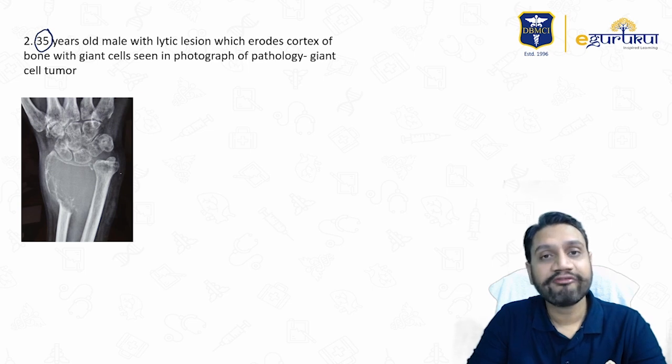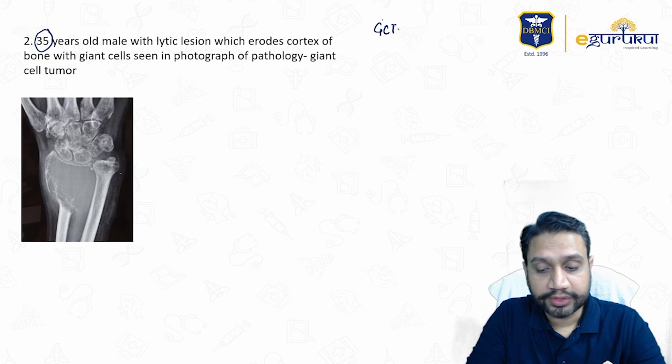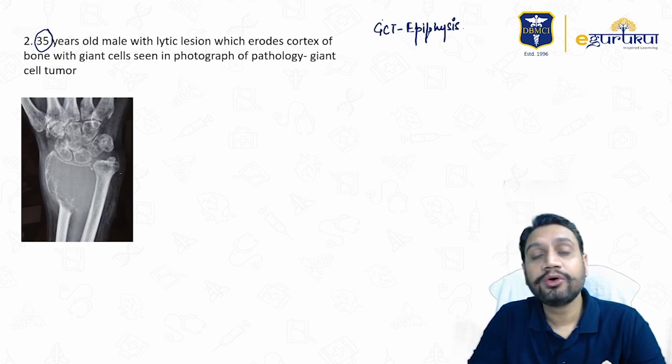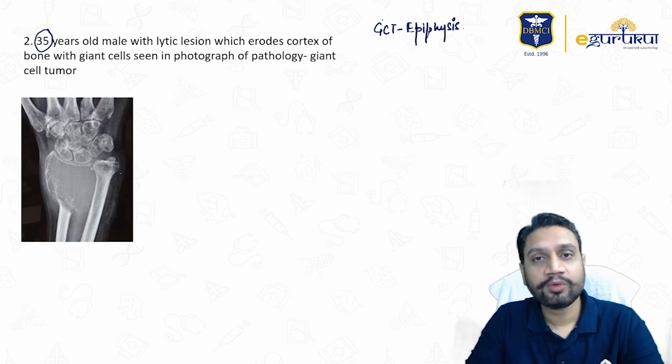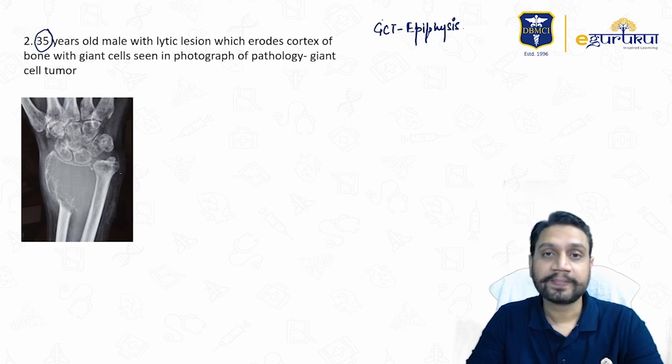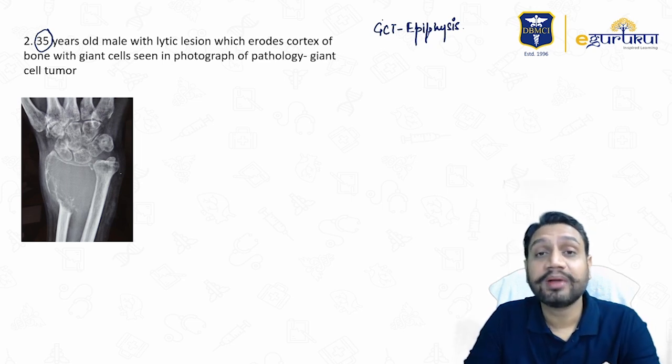So we know one very, very big difference from our knowledge of bone tumors: if it is a giant cell tumor, GCT is located where? At the epiphysis. We know that because we have discussed it in our classrooms, in our e-Gurukul also, how to analyze a tumor. To analyze a tumor, you just have to see the tumor in 3 steps. Step number 1, what is the location of the lesion? If the lesion is located in the epiphyseal area, you have broadly 2 tumors here, giant cell tumor and chondroblastoma.